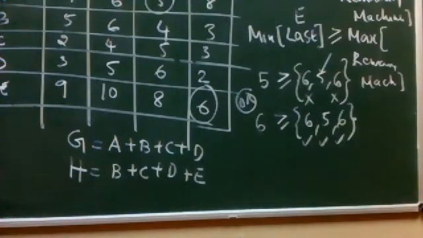Actually, when we were doing the three machine problems, as per the rule we go as G is equal to A plus B and then H is B plus C. So sir, here the number of machines are more, so that would be the reason for doing G as A plus B plus C plus D, sir, and H as B plus C plus D plus E.